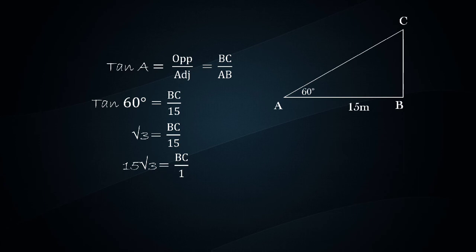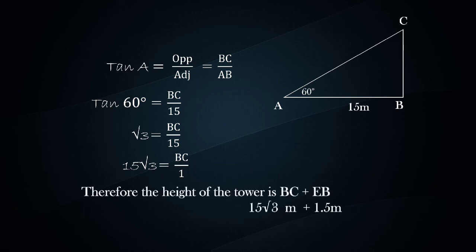Now, is this the height of the tower? No. Therefore, the height of the tower will be BC plus EB. Now, if you didn't understand why I have written this, you can just rewind the video a bit and you'll be able to understand. There was this person standing, right? So his height we are considering as EB, that is 1.5 meters. Now adding these two numbers,